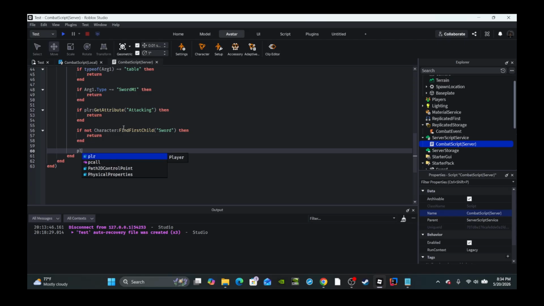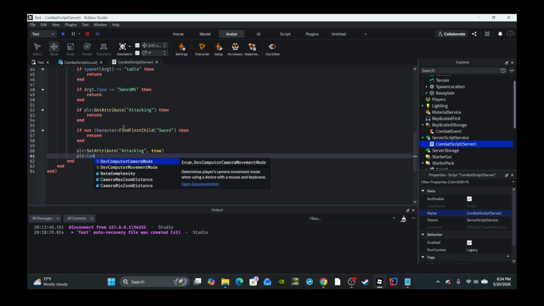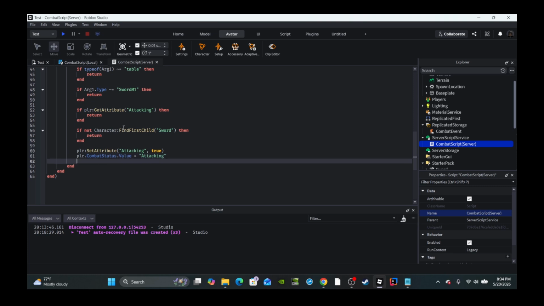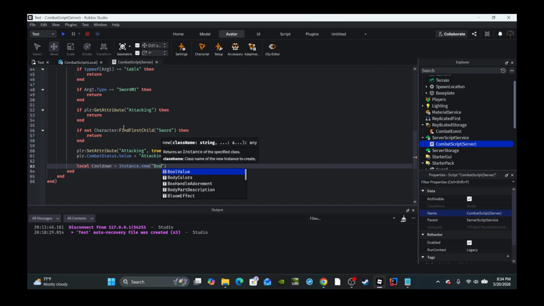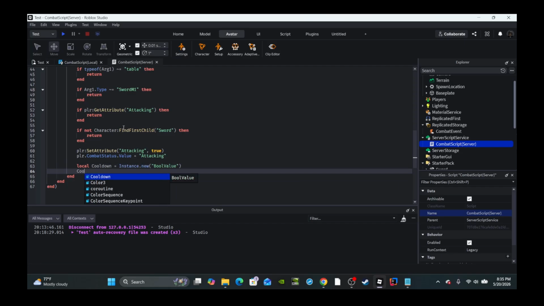We will say player:SetAttribute in quotation marks "attacking", comma, true. Then update the player's combat status. Player.combatStatus.Value is equal to attacking. Then we will create the cooldown. So we will say cooldown is equal to Instance.new. Set this to be a bool value. Then we can say cooldown.Name is equal to